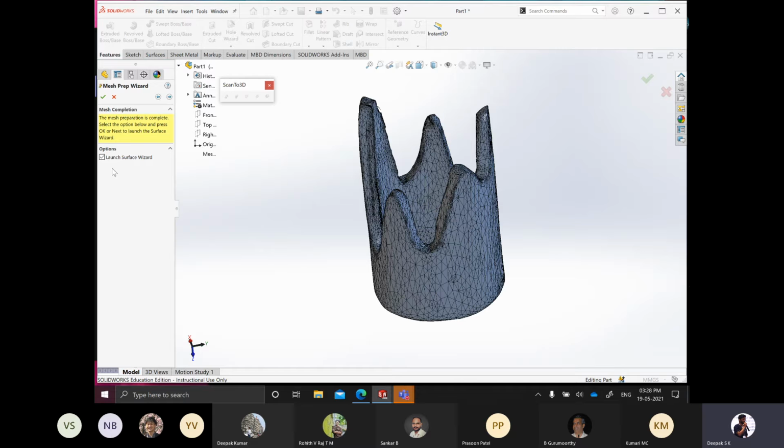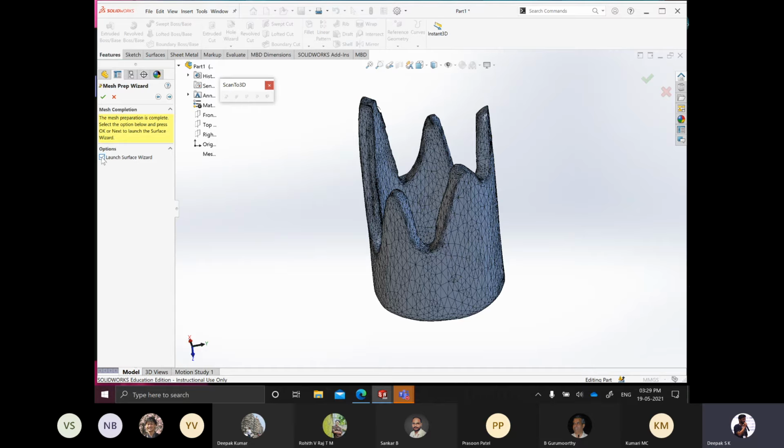Now, in my experience, what we have done so far is to finish the first step, that is the mesh preparation. So we have prepared the mesh. The next thing to do is to check the curvature and the surface of it. If you click OK directly, most probably your computer is going to hang. That is what happens to me all the time.